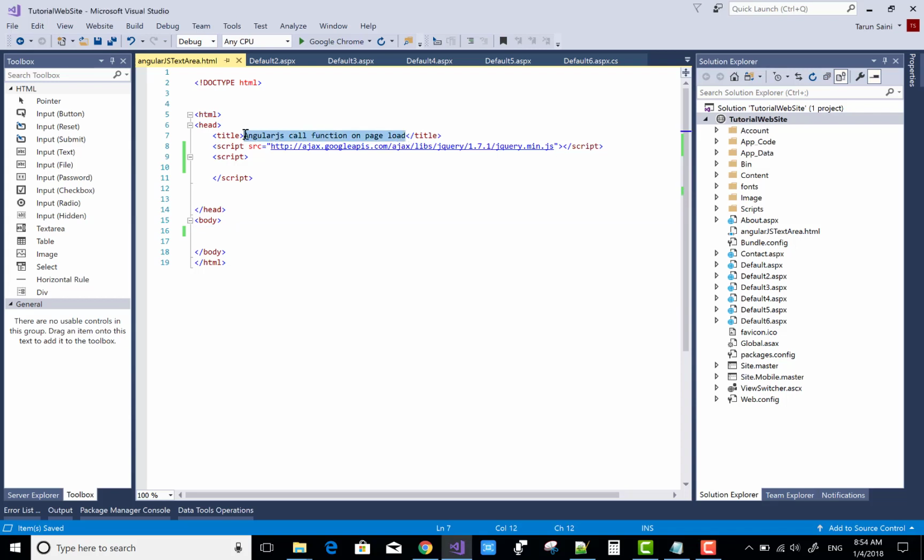Hello everyone, today I'm going to show you the Keyup event example of jQuery. So first of all, remove the title that was previously created in AngularJS. So, Keyup event